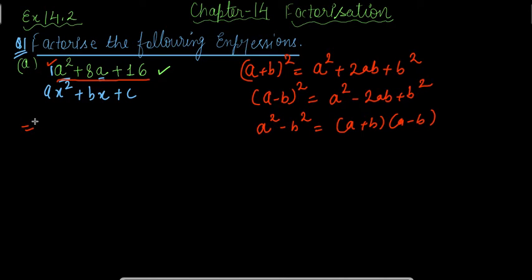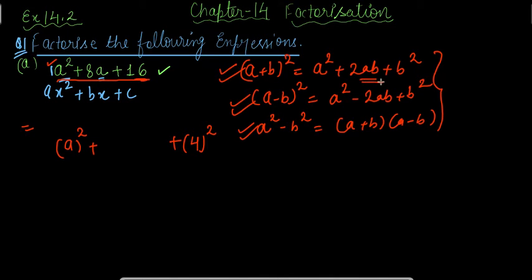Now I have to convert it. If you have any expression given in the right hand side form, we can factorize it to get the left hand side form. Now a square can be written as this. 16 is a perfect square number which can be written as 4 square. Now the middle term is 2ab. So 2 is a constant, writing it as it is. What is a here? A. What is my b here? It is 4. So I am copying it here.